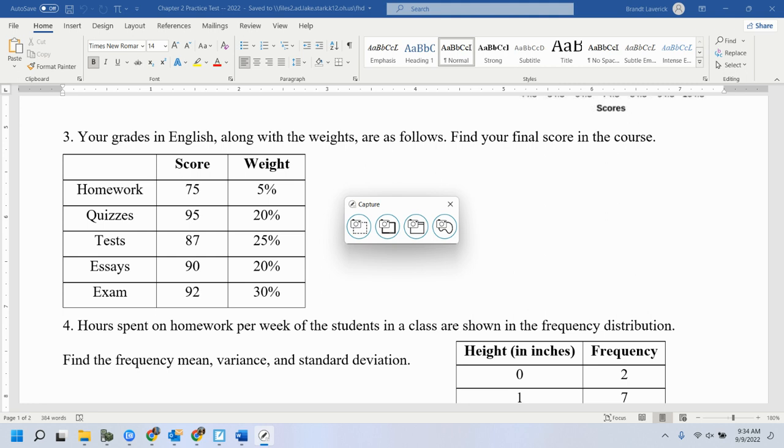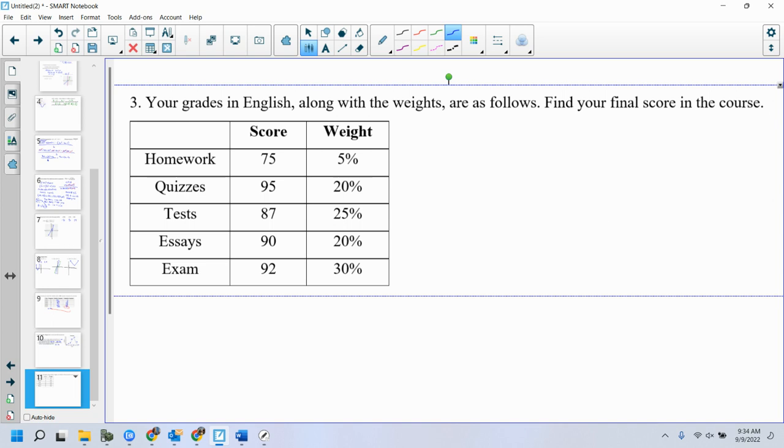So it actually gives you the weighted mean formula. I mean, you probably didn't need it, but it gives you the weighted mean formula: sum of XW over sum of W. Right? So the sum of XW, where X is the score and W is the weight. So that means if I take the XW's here,